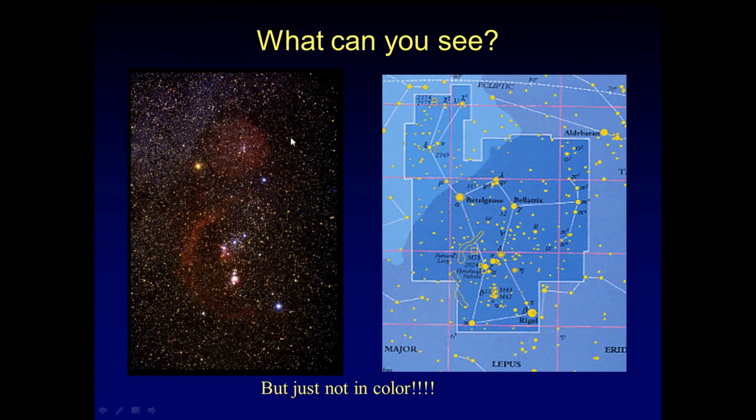So what can you see in a scope? Well, this is actually the Orion Nebula. I'm sorry, the Orion constellation. Part of it's not all completely there. There's parts out here and parts up here. This is Betelgeuse. Here's Rigel. Here are the three main stars of the belt. And down here, around where Orion's knee is,